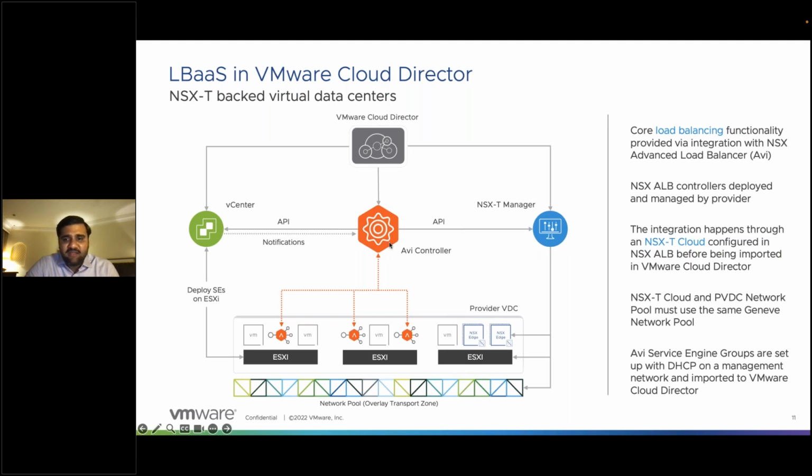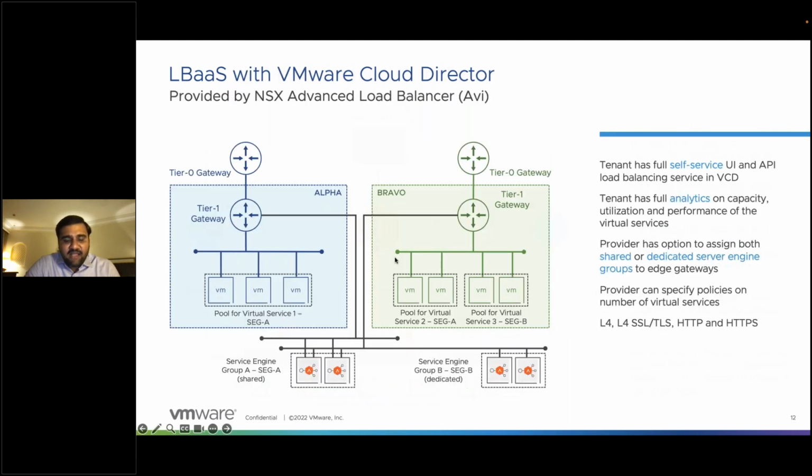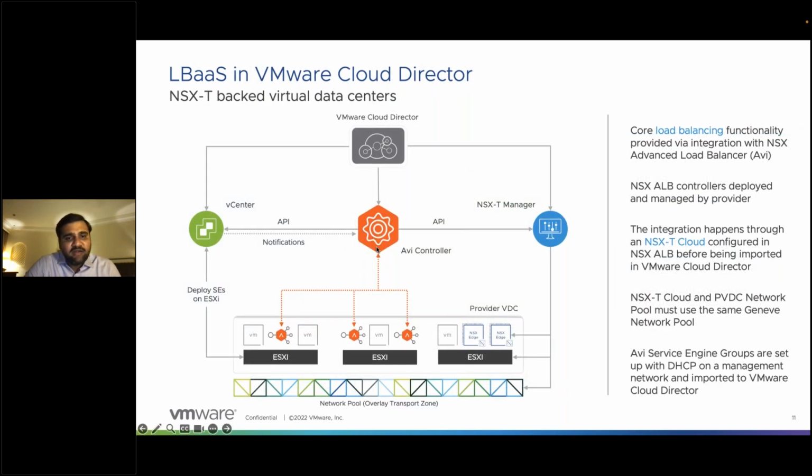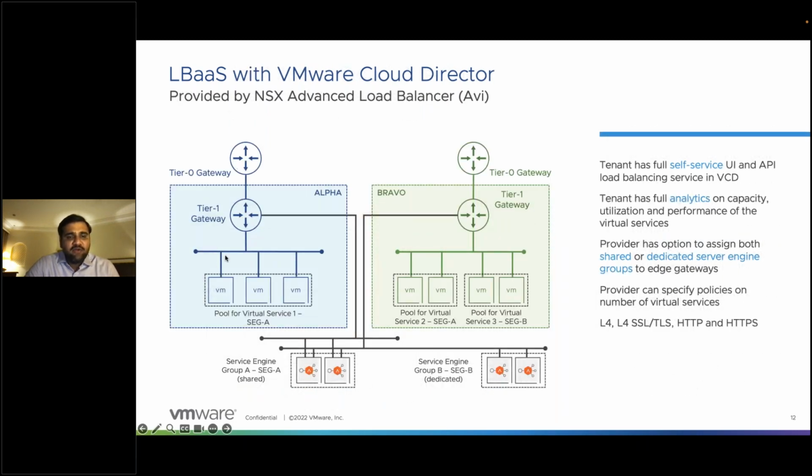All those underlying provisioning with respect to the IP pools or the DSCP management and the provisioning of the service engines are all controlled by the vCD or initiated from the VMware Cloud Director. So the underlying architecture is basically the NSX-T backed network infrastructure, which is getting load balanced or provided by NSX Advanced Load Balancer. So let's take a case where we have two orgs, Alpha and Bravo, in the VMware